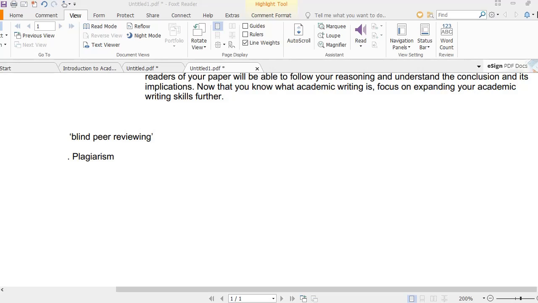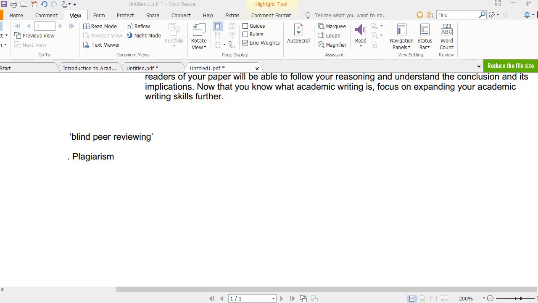So if you have to take the contents or the opinions of others, you should cite the source of it, or put it in quotation marks, and also acknowledge it. Thus you can avoid plagiarism. Maybe unknowingly we may do such things, but you should be aware of these things.